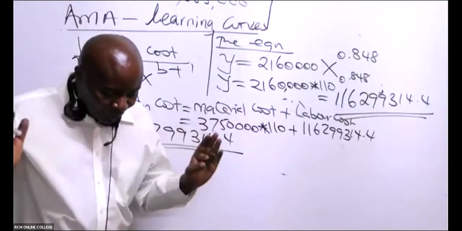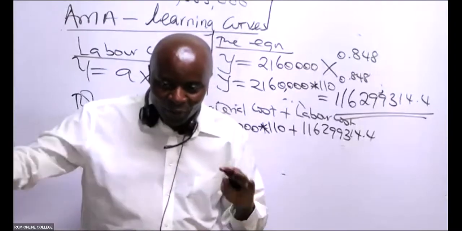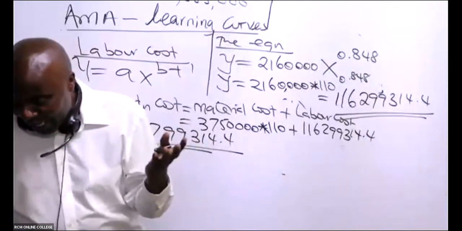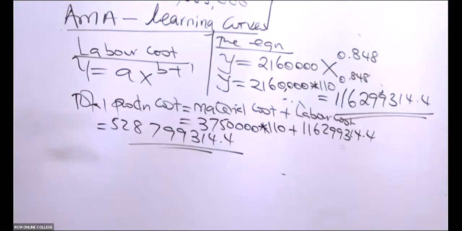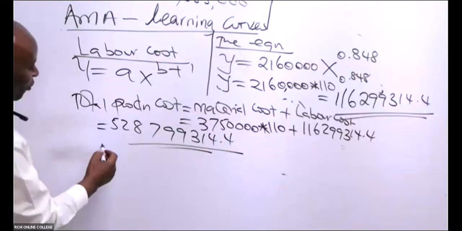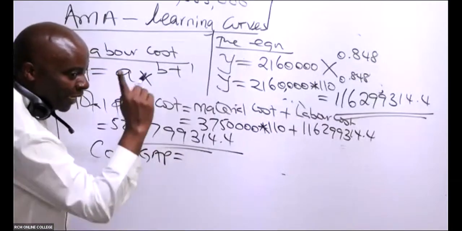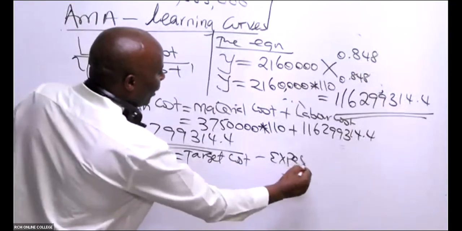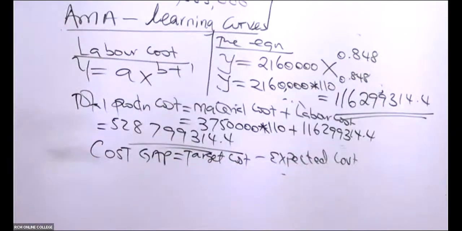But have we finished the question? No. Now we have got two sides of the coin. We have our target cost on this side, and our production cost on this side. To get the gap in between, you subtract. I've given you the formula for getting this cost gap. I'm happy because I can see you are making reference, which is part of learning. So cost gap equals what here, somebody? Target cost minus what here? Expected cost, or actual production cost, one and the same.